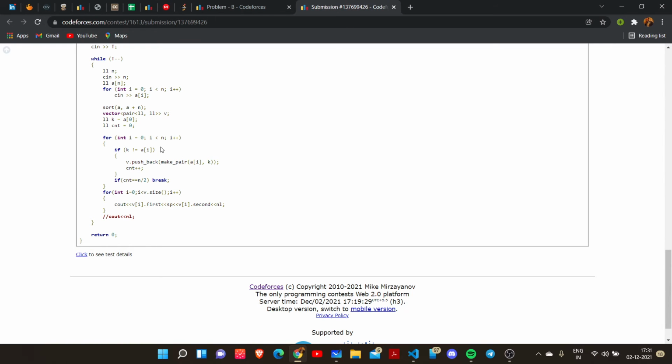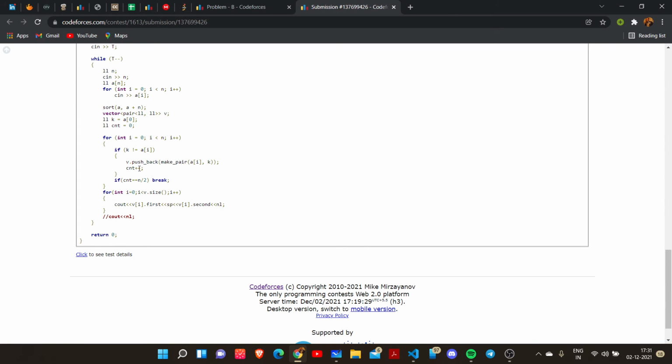So what we are doing now is iterating a loop from 0 to n and checking if the smallest number present in the given array is equal to ai. If it is equal, then we won't do anything. If it is not equal, then we will make a pair which is ai comma k. k is the smallest number present in the array and ai is any other number present in the array which is not equal to k, and we increase the count variable, which is initially 0, by 1.